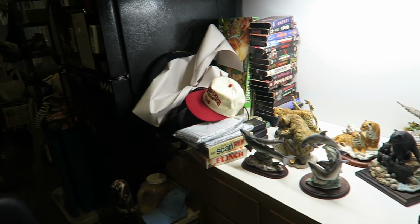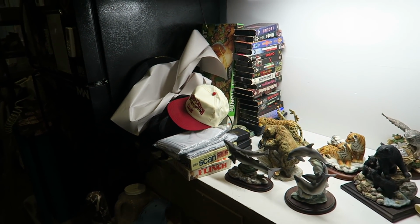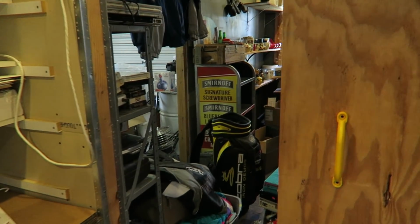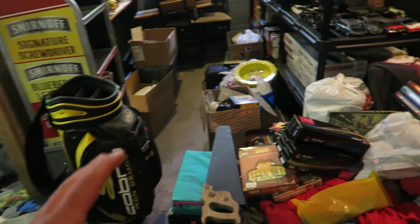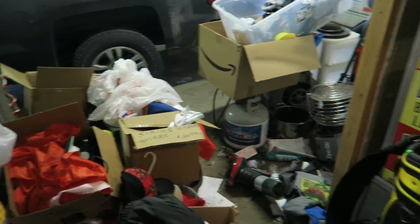You can tell things have been picked through. People have already had a sale or two, so the stuff that they have out is a little less good. A little less gooder each time. But I've still got piles and piles and piles of stuff building up, as you can see here,